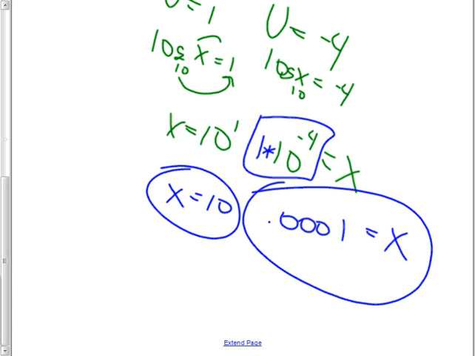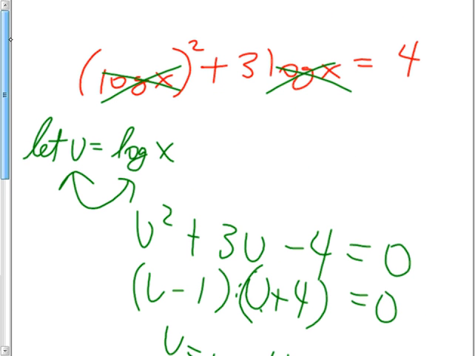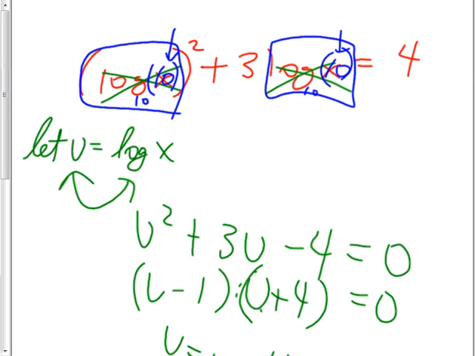I did check that quick because I wanted to make sure that I wasn't making something that didn't actually work. And it works. I'll show you the 10 really quick because that's super easy to show. If I put a 10 here and a 10 here, since the bases are 10, this becomes a 1, and that just becomes a 1, and 1 squared plus 3 times 1 is 4. Okay, cool. Now, next topic is,